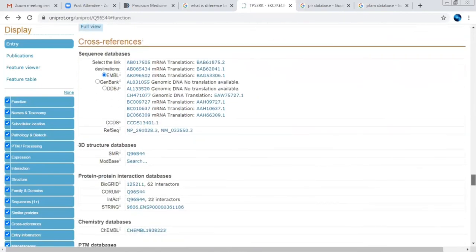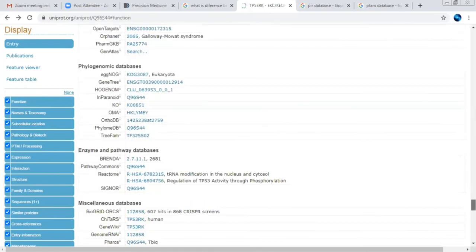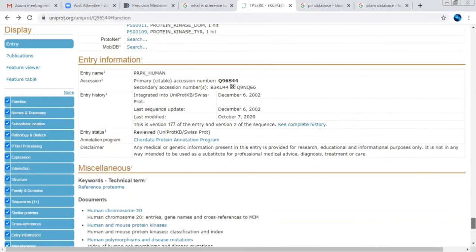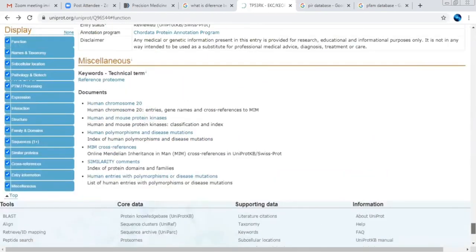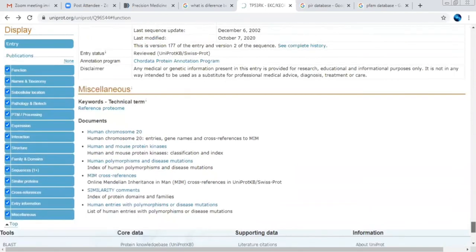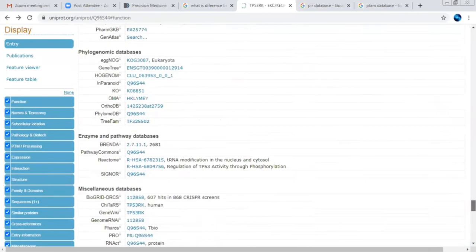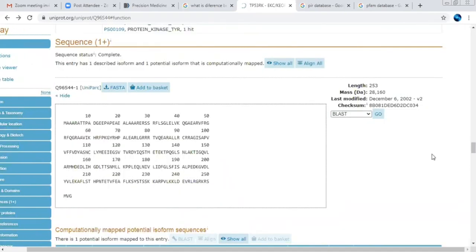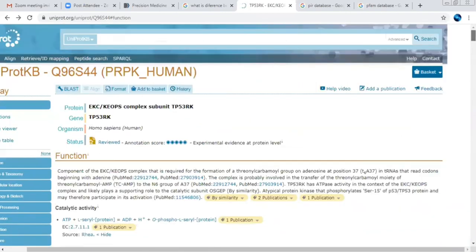And next, the cross references they have provided to us, and likewise what we have seen in the sections in the upper sections. So this is the entry which we have been given. So that's the flow of using this particular database, that is the UniProt database. A huge amount of data has been covered with respect to references, with respect to the structure, with respect to the sequence. All data we can get from a single platform.